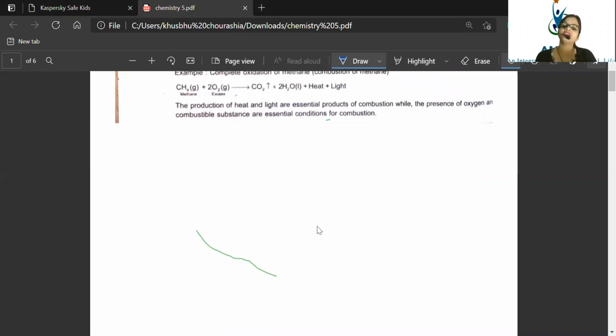Fine. Next important point: when a place is burning due to electrocution or a short circuit, you cannot apply water. First you have to switch off the supply of electricity, and then you apply water, because water is a good conductor of electricity. If there is a short circuit in an electrical appliance, then you may get electrocuted, you may get an electric shock due to the presence of electricity there.